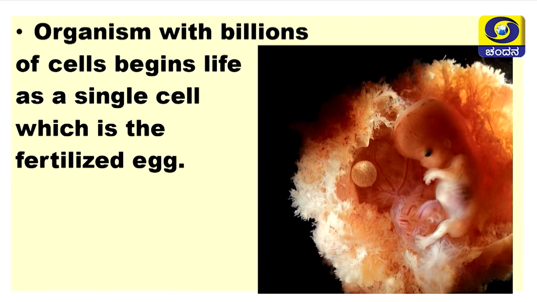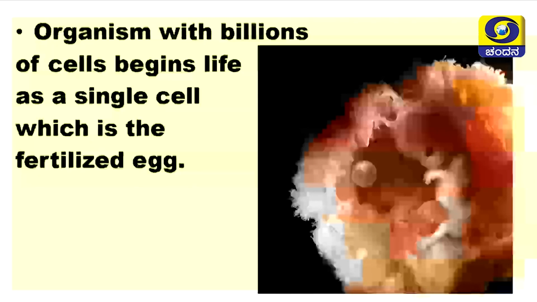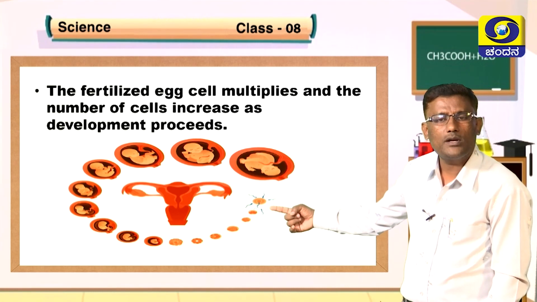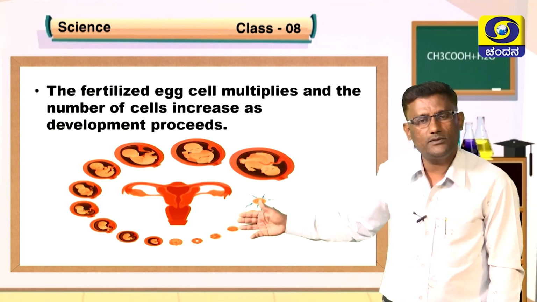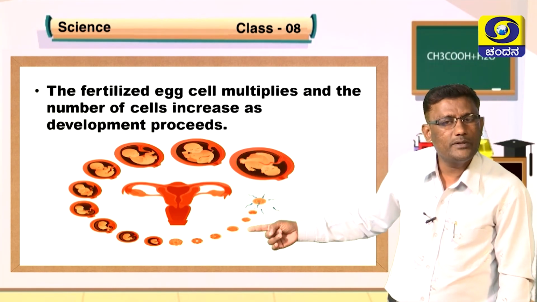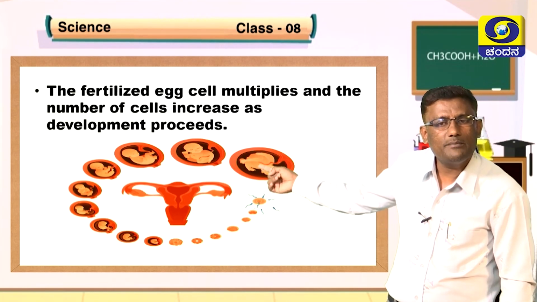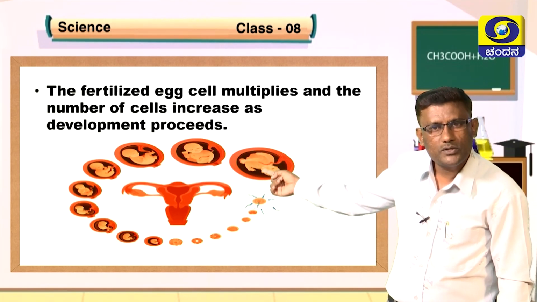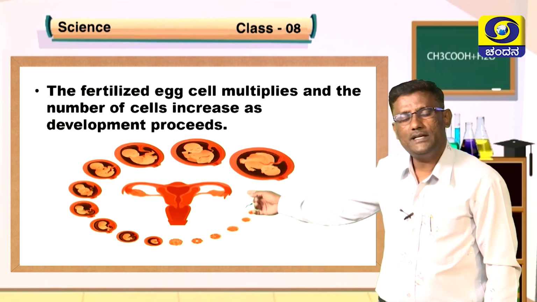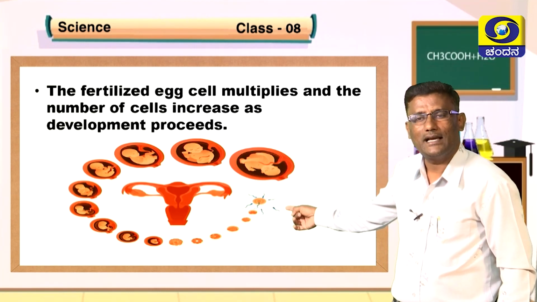The embryo is a diploid structure which is formed by the union of two haploid gametes, the male gamete and the female gamete. You can clearly observe here this diploid structure, known as the zygote, and that zygote undergoes repeated and rapid mitotic cell division. As cell division goes on, that single cell gives rise to multiple cells, and later on those cells develop into a new individual or new organism. In this manner the multicellular body is formed from a single cell.